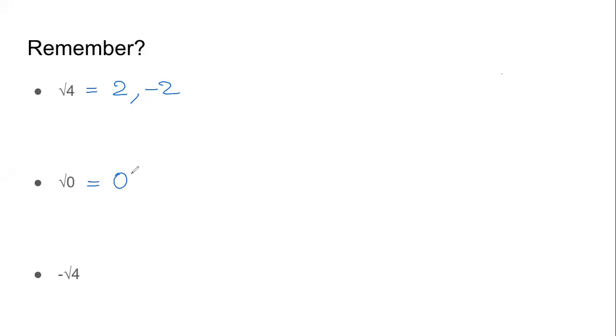So square root of 4, or a square root of a positive number, we have two values. Square root of 0 is only one value. It is 0. Now what is square root of -4? I've changed the question, better. What is square root of -4? -2, sir. No, it cannot be, because we don't have two numbers which when we multiply, we get a negative number.